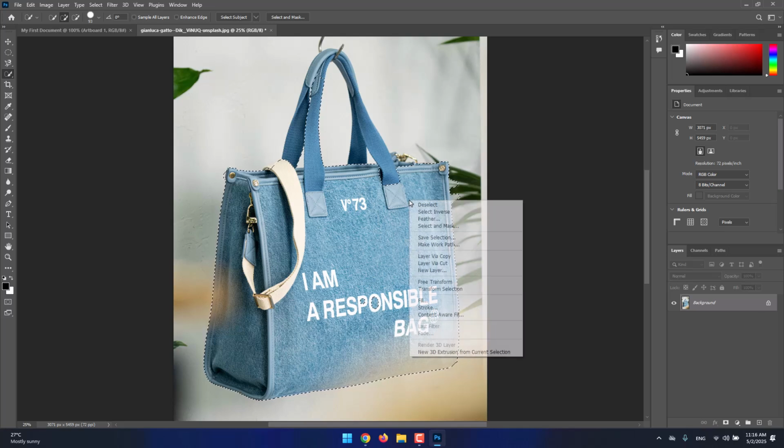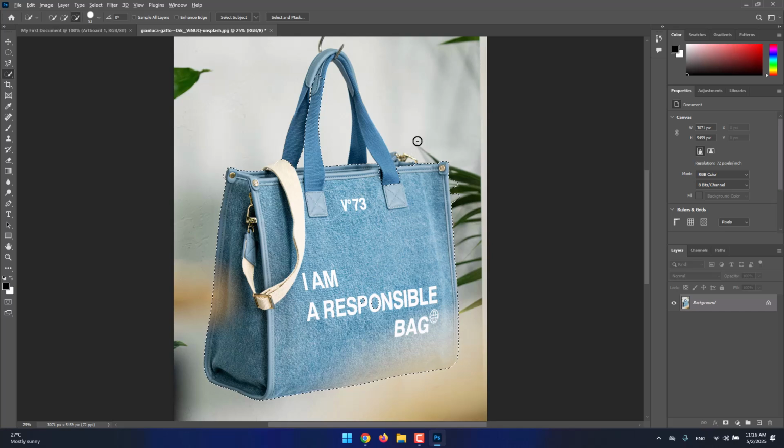You can also press Alt and right-click and drag. By doing that, you will be able to change the size of that tool. So the size will be very important. For example, if it's this big, you won't be able to select these small parts of your bag. You will need to press Alt, right-click and drag to make it smaller, and then you will be able to make your selections way smarter. So I press Ctrl D